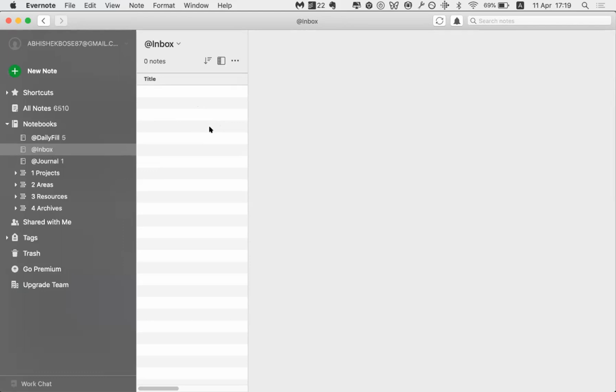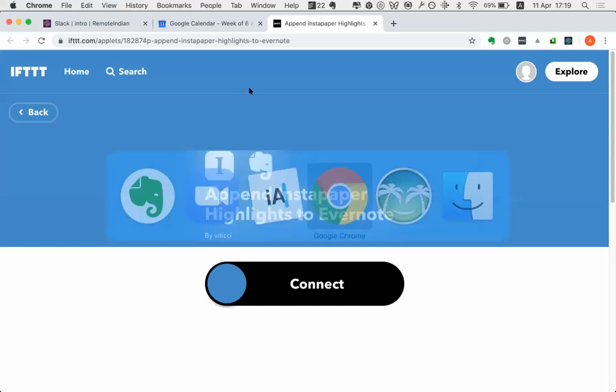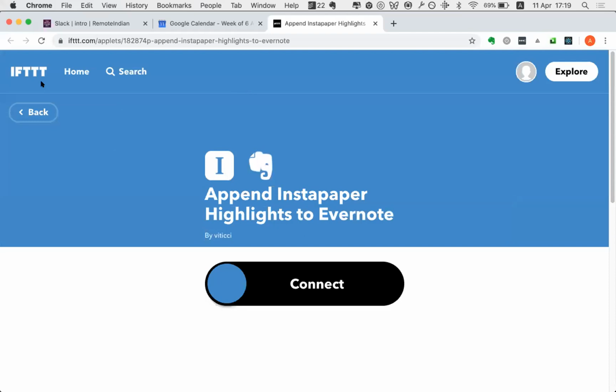So the last thing that I'd like to talk about is the capturing method, as in I'm consuming so many notes on Instapaper and Pocket. So I'll quickly, if you can see my screen, there is this service called If This Then That. It's a service like Zapier, if some of you might have heard of Zapier. What it basically does is plug two applications together. It gives you simple scripts to